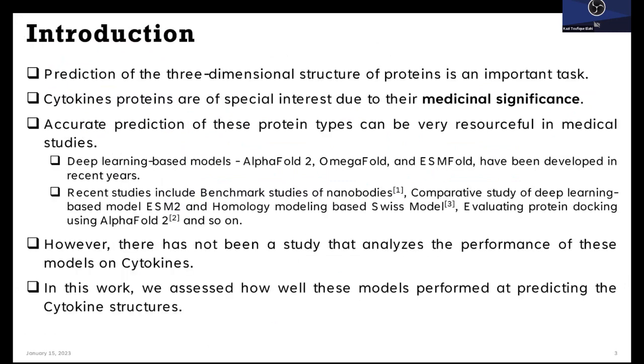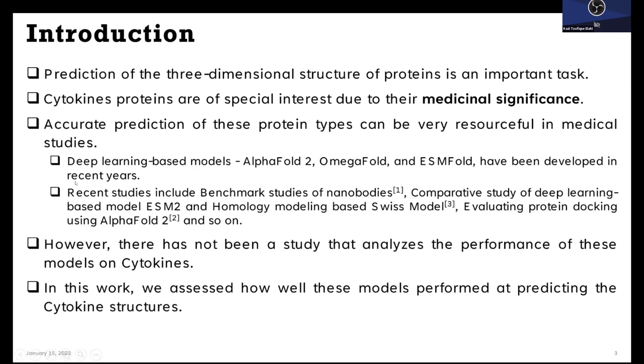Proteins are made up of amino acids. The protein folding problem aims to clarify how a protein's 3D structure is determined from its amino acid sequence. The 3D structure of a protein determines how it functions, if it's misfolded or not, and so on. Cytokines are a special type of protein that has a lot of functionality in the immune system. It aids in the response to infection, inflammation, and promotes growth of additional immune cells. It is of particular interest because of its medical significance.